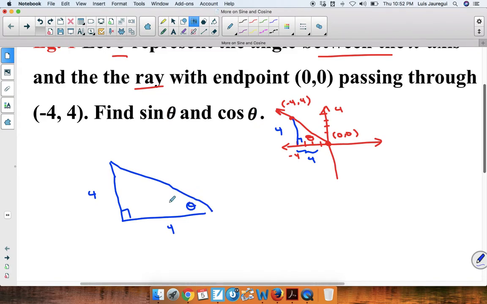We actually know that this is a 45, 45, 90, because if theta is across from this side of measure 4, then this angle across from the other side that measures 4 is also theta. And by the fact that the 3 interior angles of a triangle add up to 180, we know that this is 45 degrees, this will be 45 degrees, and this will be your 90 degrees,